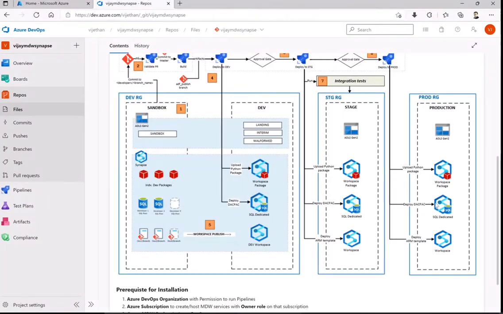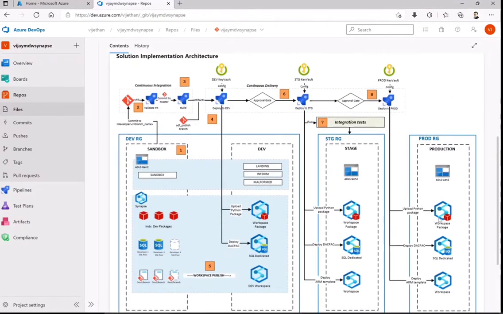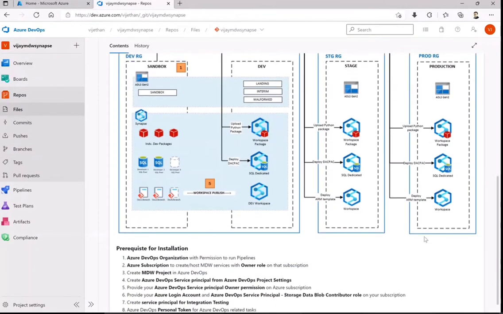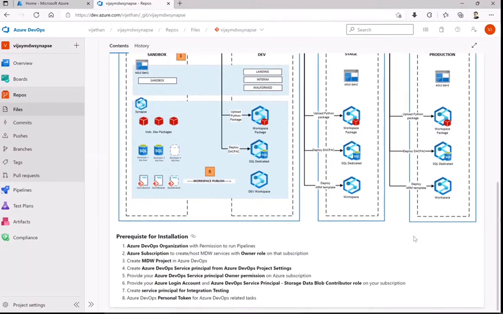Looking at this example, first of all, a repository where our code sits, and an infrastructure layer where our components sit. These are the two things you need to remember. Before we do that, what exactly are my prerequisites? If I'm completely new to Azure DevOps, obviously I need an Azure DevOps organization or account to start with. Similarly, I need an Azure subscription, since all these resources will be created on the Azure subscription, and you should also have owner rights on it. Proceeding further, before I can clone the repository, I need a project to be created.